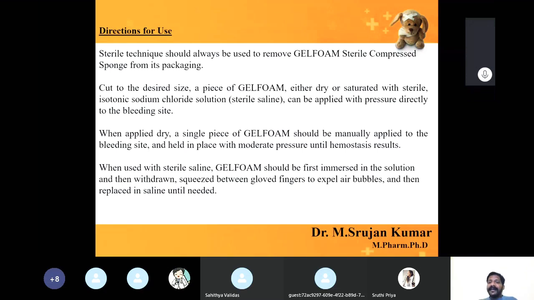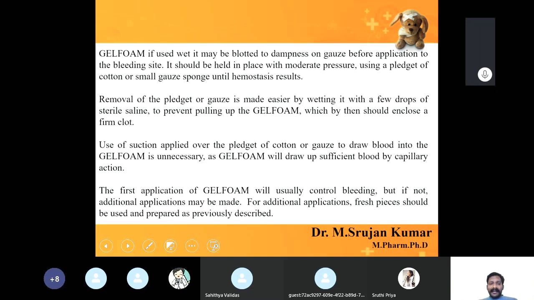You need to ensure that you expel the air bubbles from your gel foam, and it should be free from air bubbles. After that, you retain this gel foam inside the saline solution prior to use, till you use this gel foam, you just place it in the saline solution. First you need to ensure what? To expel the air bubbles from your gel foam. That is very important. And gel foam, if used wet, may be blotted to dampness on gauze before application